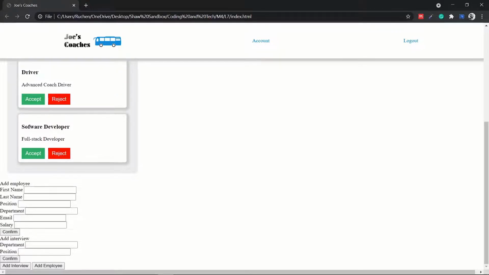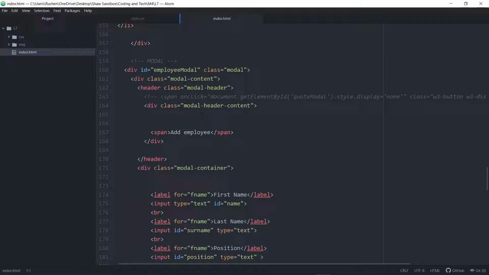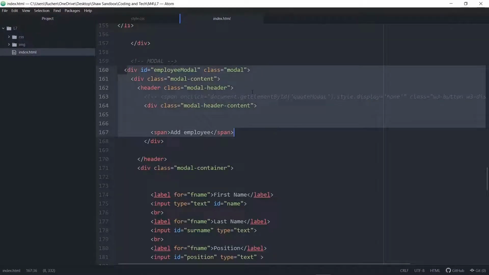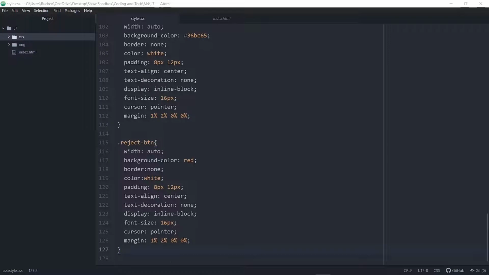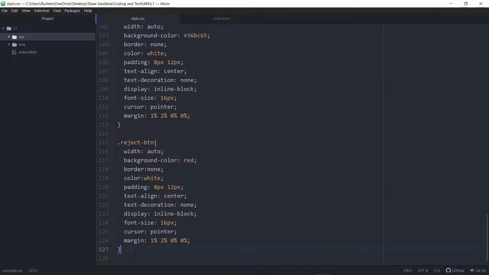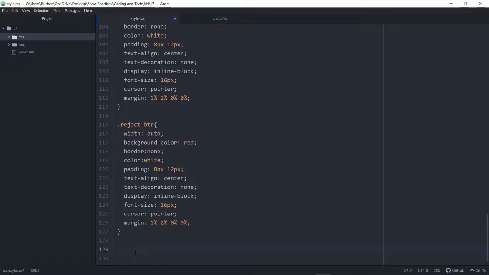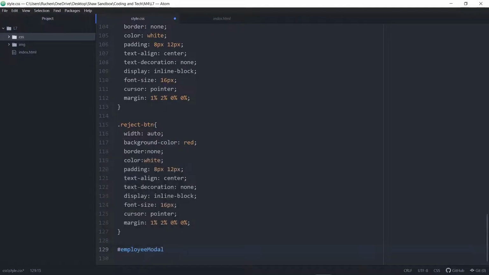Now these forms are supposed to be the modal forms, those pop-up forms. So let's actually get to work on this. Now the employee modal that I actually want to alter is this one over here. This is our first modal in our block of code, and I'm going to start styling this in CSS. So keep in mind that this is also an ID. So when I reference this, I need to use the hashtag symbol. Okay, so I'll say employee modal, which is this one over here,